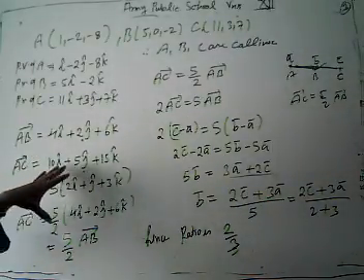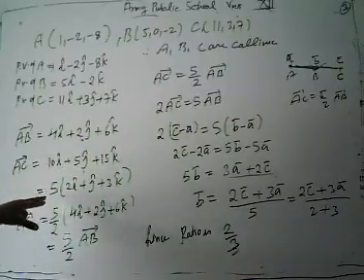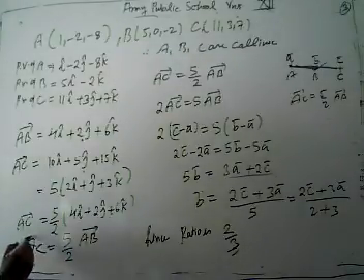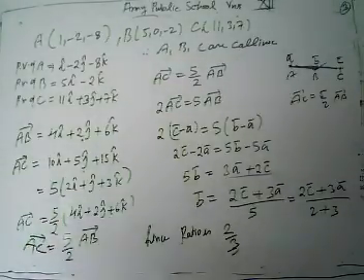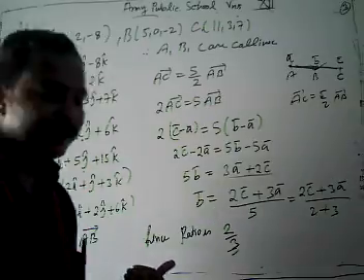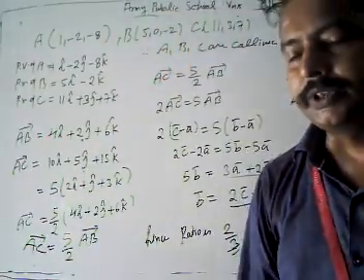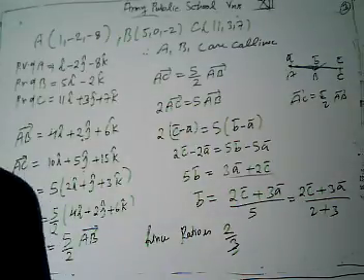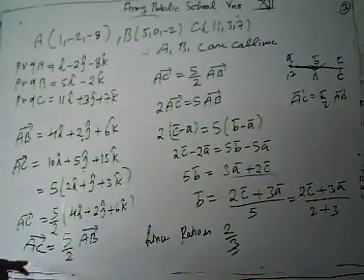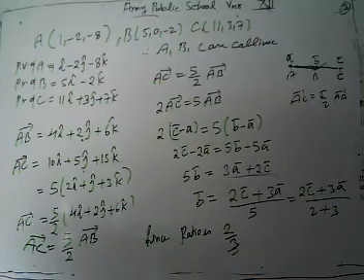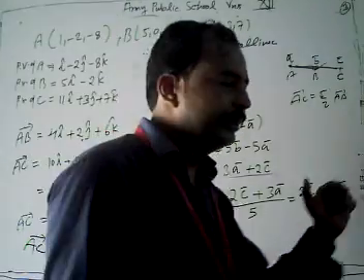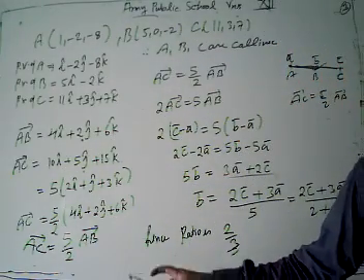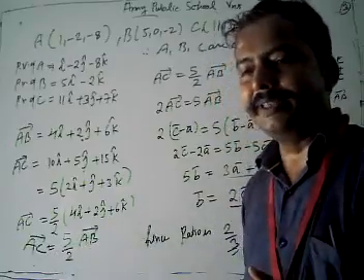Then we take out common 5 from AC, divide it by 2 and multiply by 2. Then we show here our vector AC is 5 by 2 times AB, means vector A is lambda times some vector B. In such situations, the vectors are either collinear or parallel. But since they have the common point A, their supports are equal, they have the same support. That means the points A, B, C are collinear.